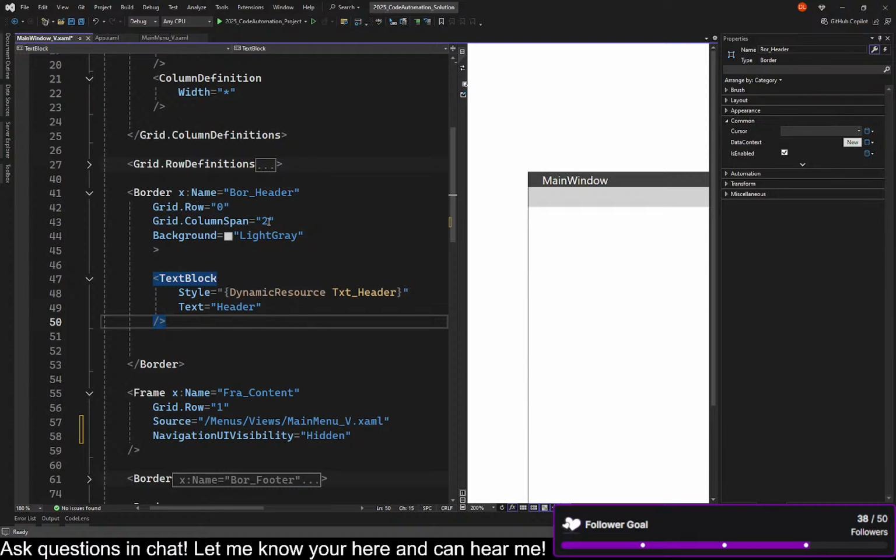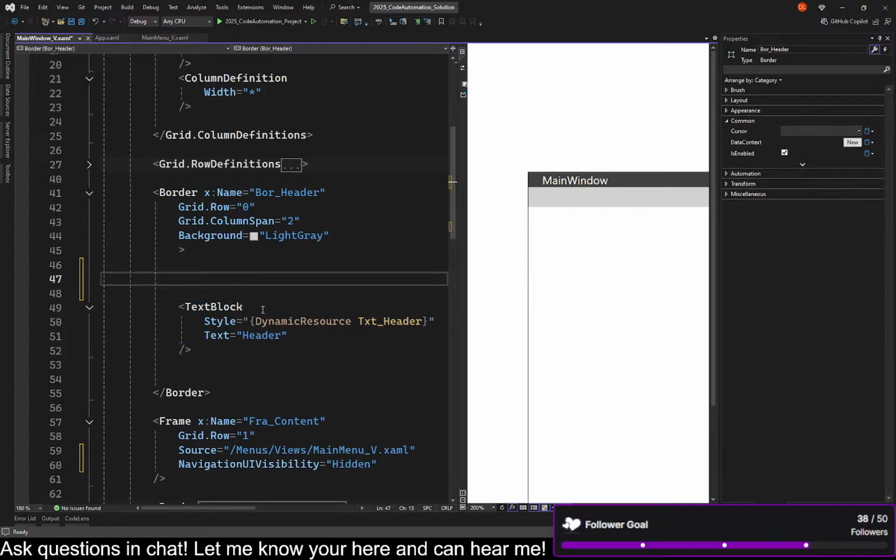So if I want to split this top border into 3 sections inside of itself, I can do that. I can simply embed a grid into the border and put the text block inside of the grid,